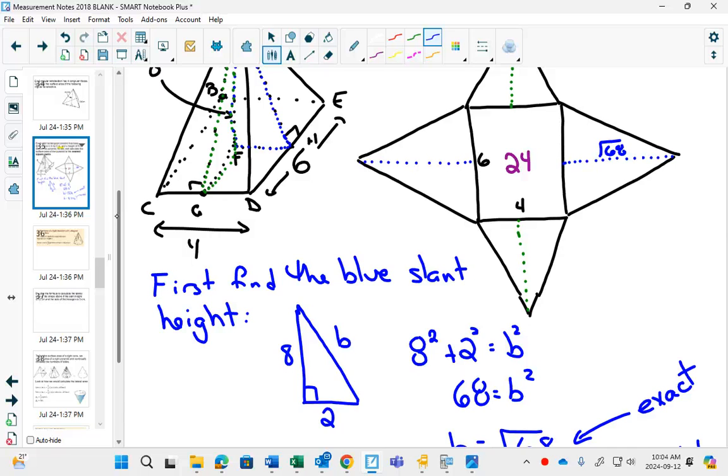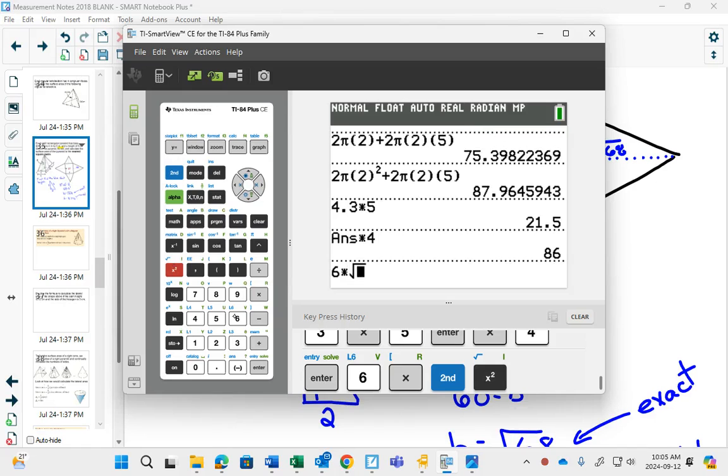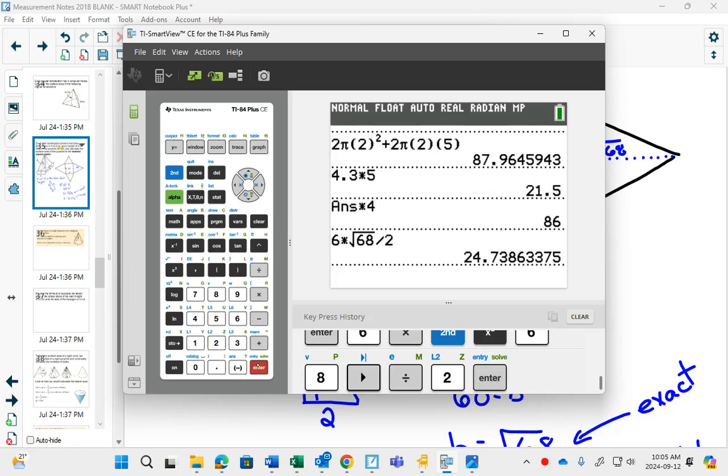How do we find the area of a triangle? We go base times height, divided by 2. So I write the exact value right into my calculator. I have to use the arrow key to get out of the square root, then divided by 2. I get 24.73. So I'm going to write that in